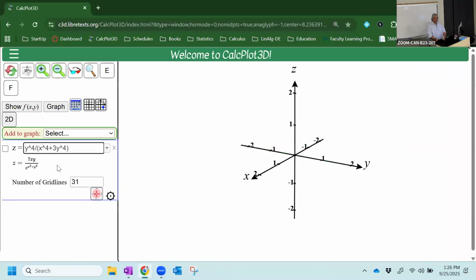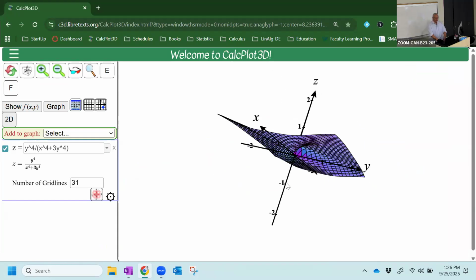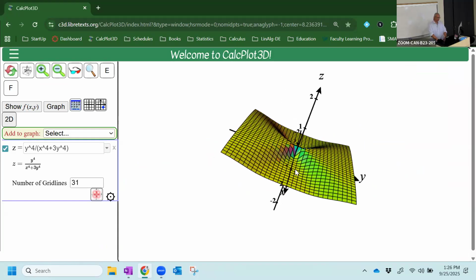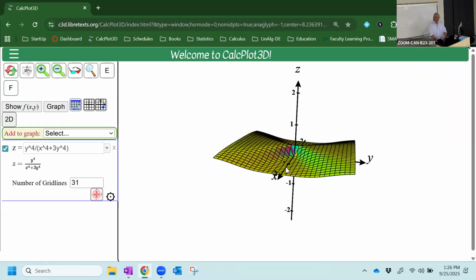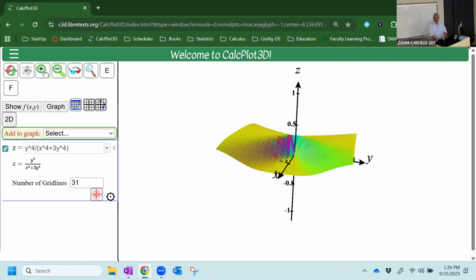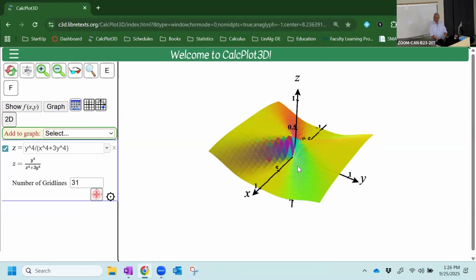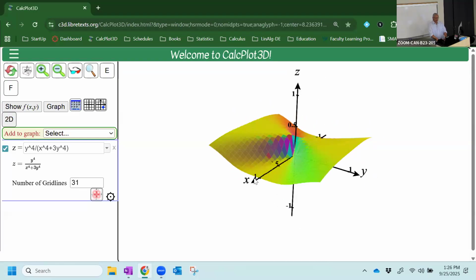Okay, let's take a look and see what's happening. If you look at the graph, you can see there are some weird things happening at the origin, right? Oh yeah, you have your 3D glasses too, you can see it. Not that you can see it any better. But there's something weird happening. Let's zoom in a little bit. There's something weird happening here. And what's happening is that as we go along the x-axis,